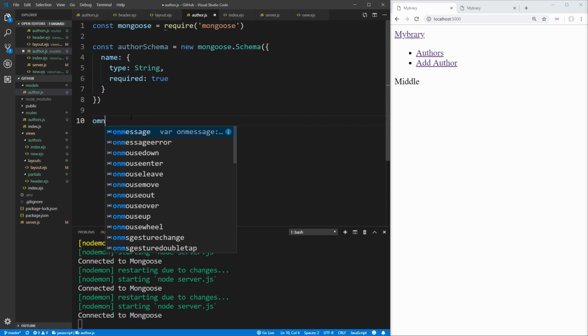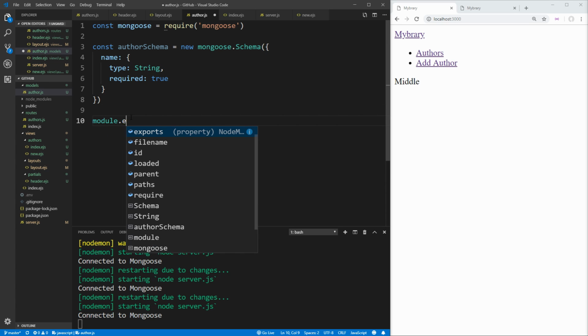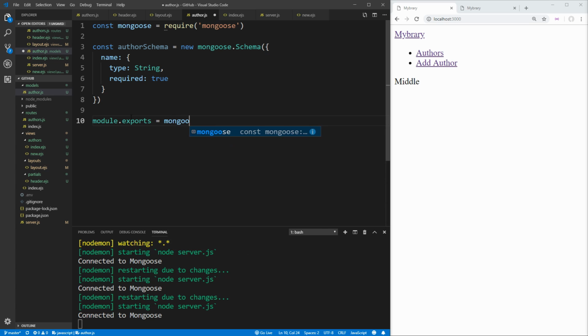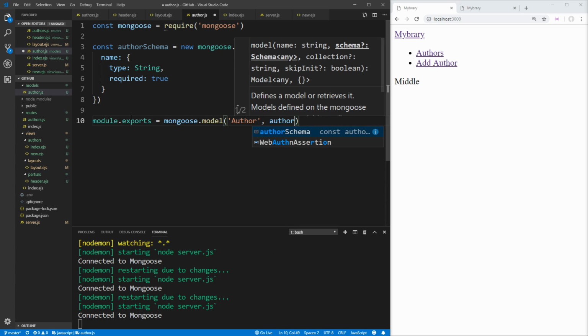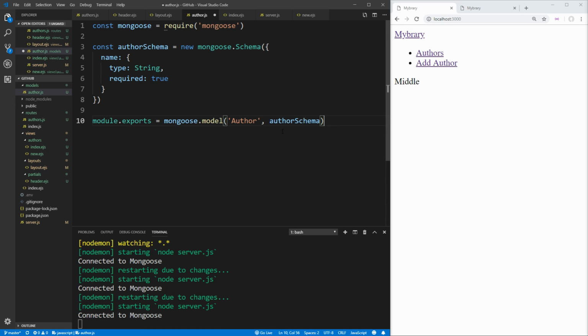Next, we could just export this schema. So we'll say module.exports. We want to set it equal to a new model. So we'll say mongoose.model. We want to give a name to our model. In our case, it's going to be called author. This will be essentially the name of our table inside of our database. And then we pass it the schema, which defines that table, which in our case is our author schema. Now we can import this model in the rest of our application